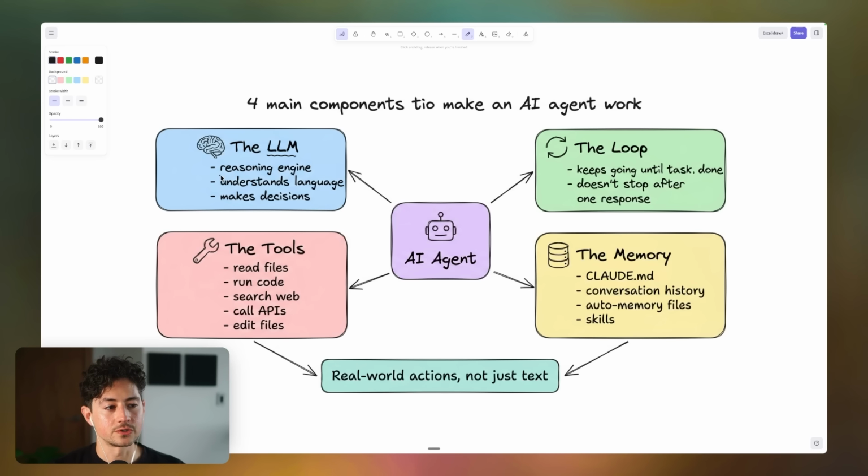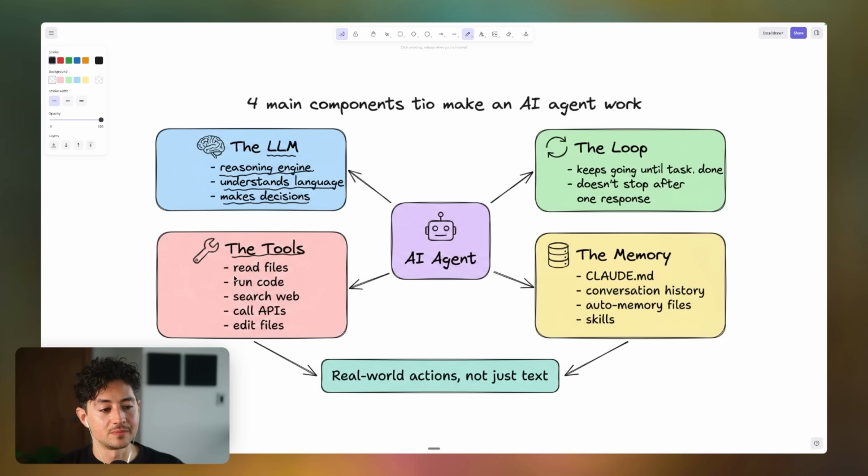The LLM is, of course, your reasoning engine, right? Of course, it understands language, and of course, it makes decisions. But it's kind of like a human being from 20,000 years ago with a spear in its hand, right? Without all of the infrastructure around human beings, without your house and your fireplace and your hearth and a place to sleep at the end of the night, and a society where people farm and produce resources, and you have cars that you can get in to traverse a lot of distance. Without all the tools and the architecture around it, the intelligence is actually quite limited in what it can do. And that's where the rest of these sections come into play.